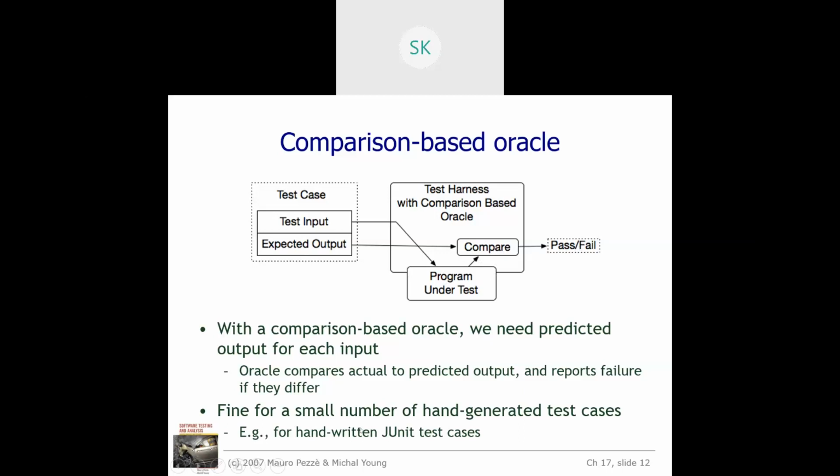It is fine for a small number of hand-generated test cases. It's comparison based. If you are designing it for 1,000, it may work fine. But what about 1 lakh test cases? There will be a big question mark in our mind. If you take the analogy we just used in the previous Oracle discussion, that is biometric devices, there you may not have only one image of one particular person, because you need to take in all the angles of how that particular person looks, and all the